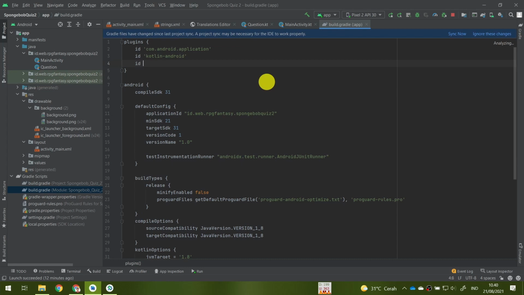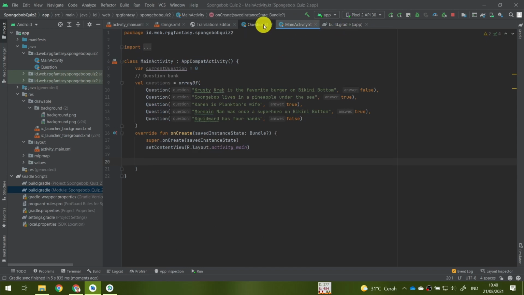Kotlin Android extensions. Remember we will use KAE for now, although it is deprecated. Okay, my Gradle has finished. For the second time, it will finish quickly, so you don't really need to worry about waiting for your Gradle to be